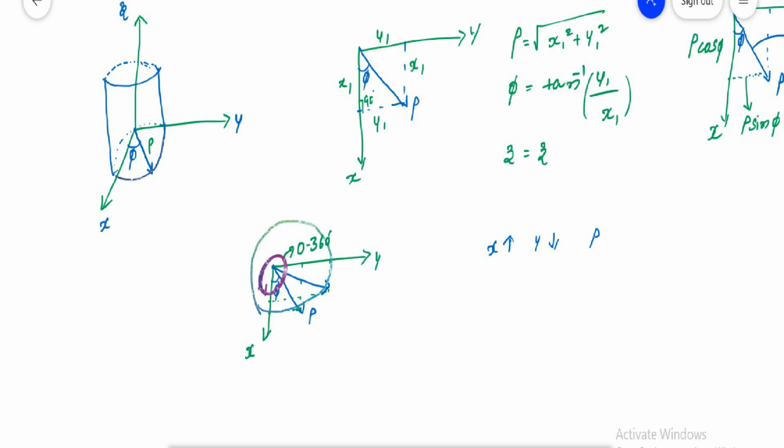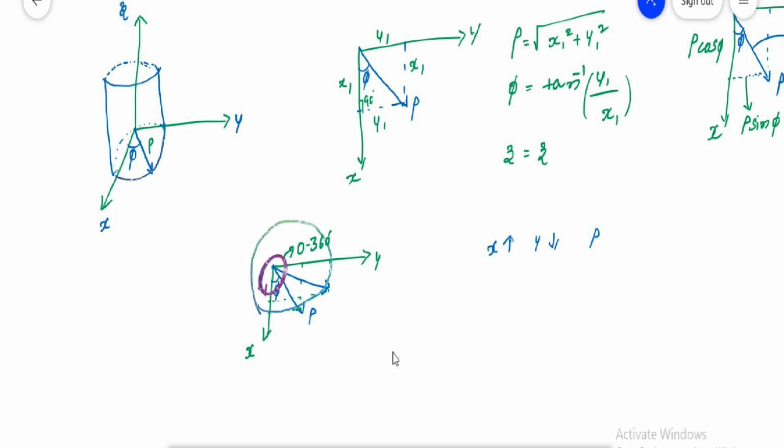At the same time, if you make a change in the z direction also, you are going to get this type of cylindrical coordinate system. This type of cylinder is going to appear. Only if you make changes in x and y, this circle alone will appear. If you do it in the z direction also, then there is a formation of one cylinder. This is how the cylindrical coordinate system will be formed.